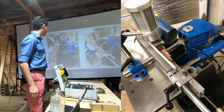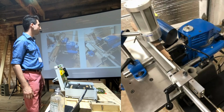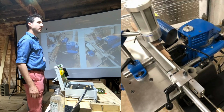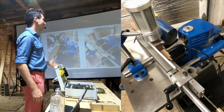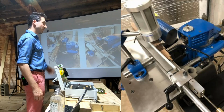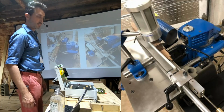Added dust collection. I recut the ways, straightened out the head, rebuilt the machine, which was originally made in Germany. And German machinery has a lot of bearings in it. So I replaced something like 35 bearings, all for a fairly simple machine. Somebody cut out all the wiring, so I had to redo all the wiring. So I taught myself how to